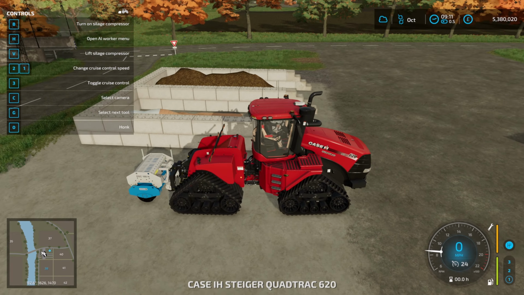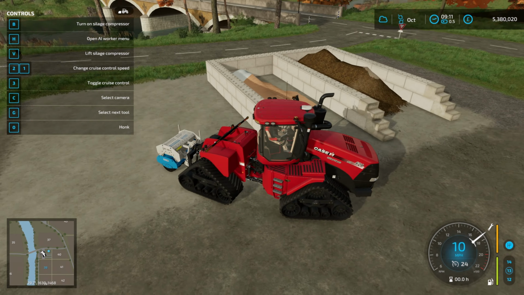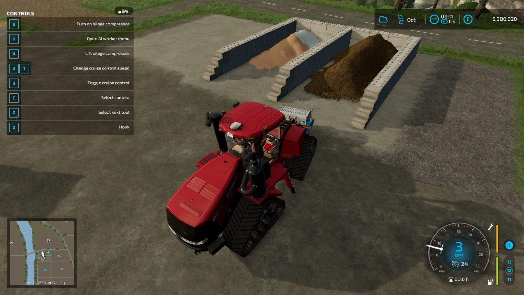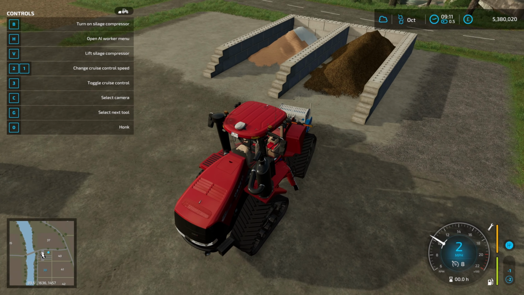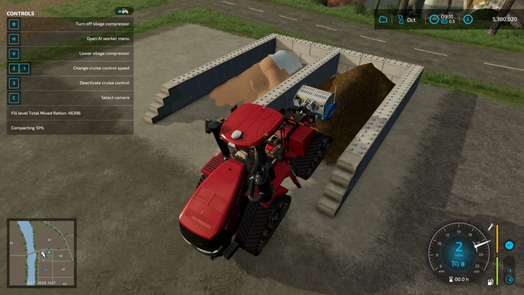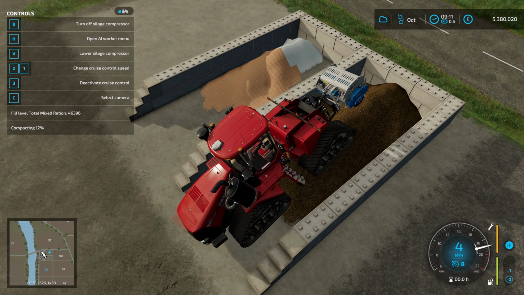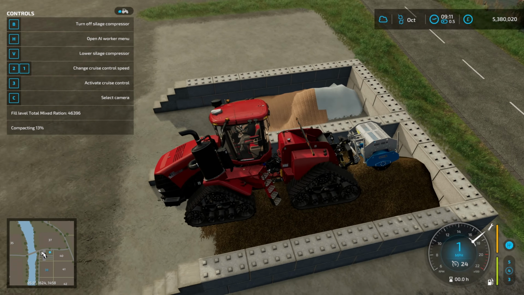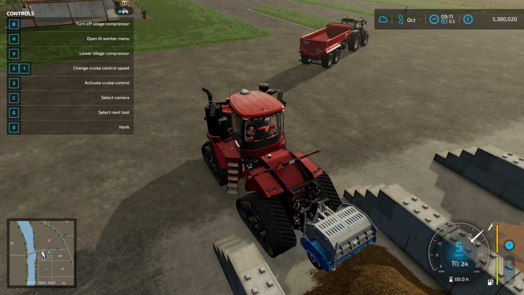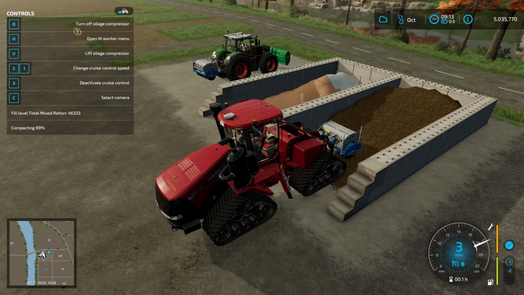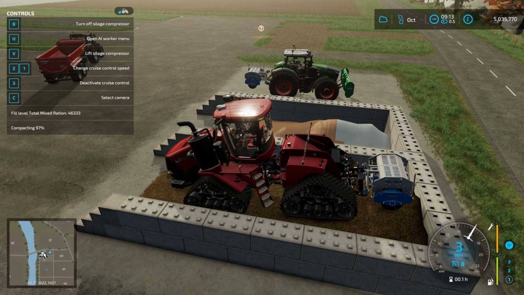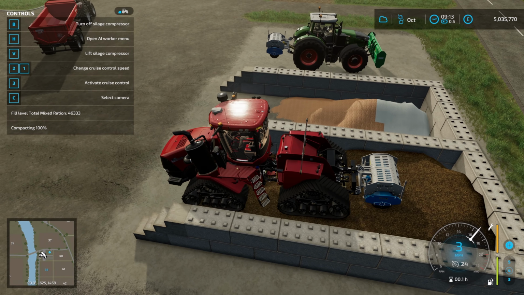Let's say I found using TMR as the start is the best visual way of getting this to work. You probably want a leveler for this, but I've got the quad track and a Weber silage compactor. It is my favorite way of compacting silage because it works really quickly when it's actually touching the silage. I'm going to get this compacted. I will be back with you. Almost done with the compaction. I ended up getting a vent with a leveler to help out because it was a bit of a mess